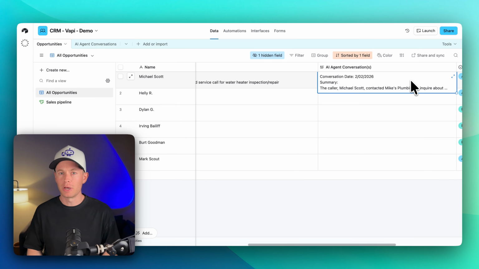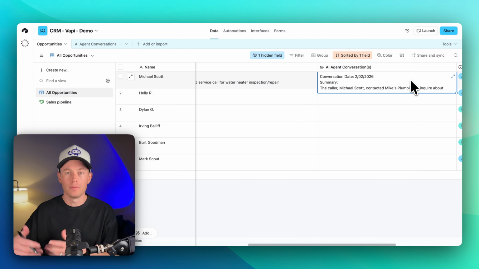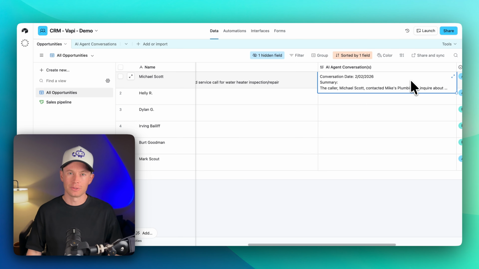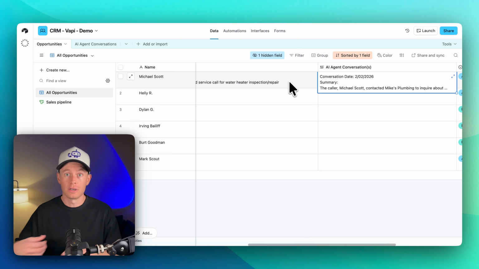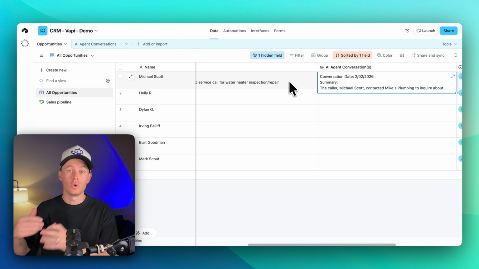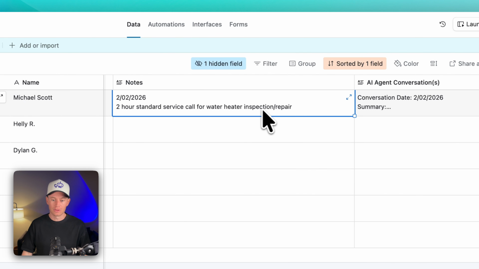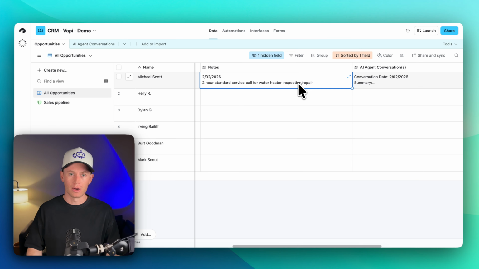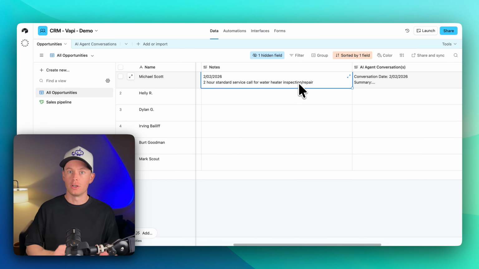And we probably could be better with our system prompt, to be honest, to ask maybe 1 or 2 follow-up questions about what's going on with your water heater. Do you have hot water? Do you not have hot water? Stuff like that. So that was probably a mistake on my part with just system prompting. But that way we're giving some detailed information to our team, to our technician, to Mike's Plumbing, right? So that it's not just a vague "okay, water heater inspection or repair." Which is it? Is it a known issue? Is it already diagnosed? Yeah, so on and so forth.